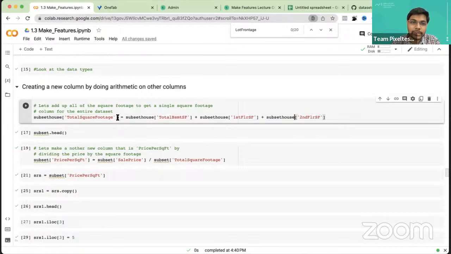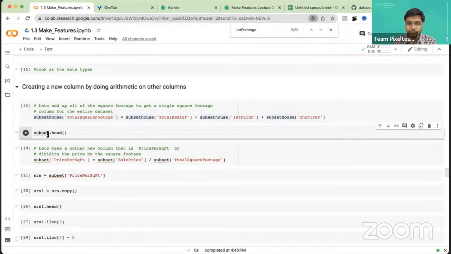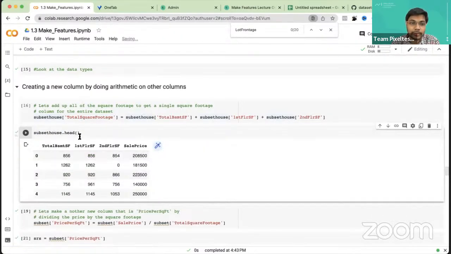So earlier it was just one. The one was helpful for us in creating one column, but when you want to have the total square footage, you're just making one column. Yeah, and you're making that feature where you are adding all of the basement, first floor and second floor SFT, right? So now if you go ahead and see the subset houses head, you'll be able to see that okay,